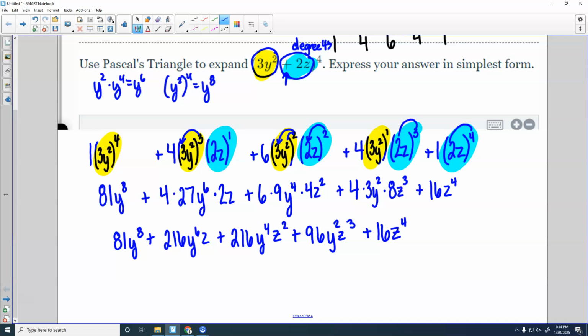This is kind of like one of the worst ones you'll see. Some of them are shorter than this. But you are just going to do the